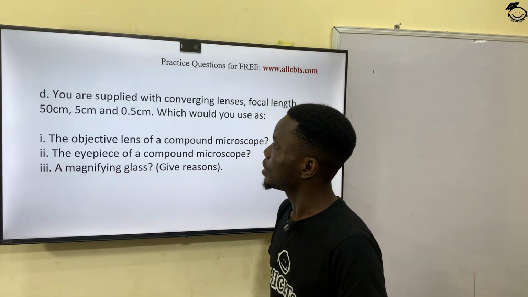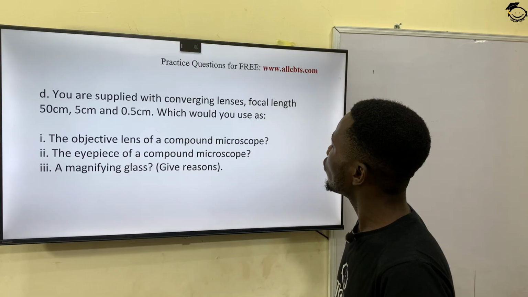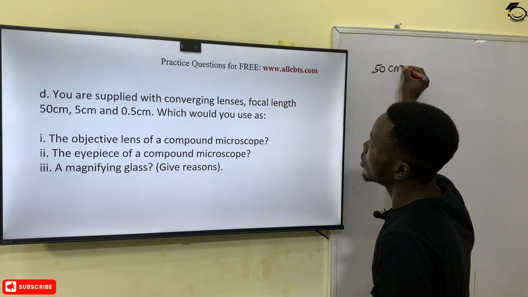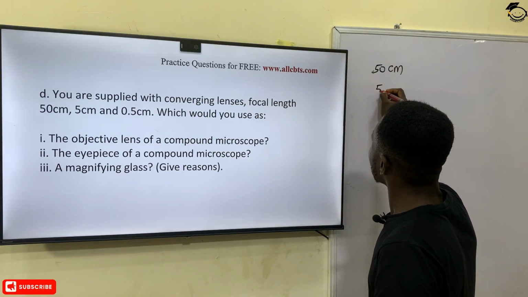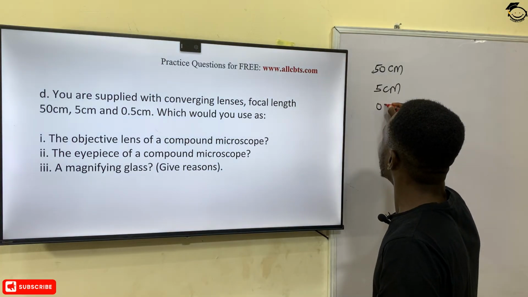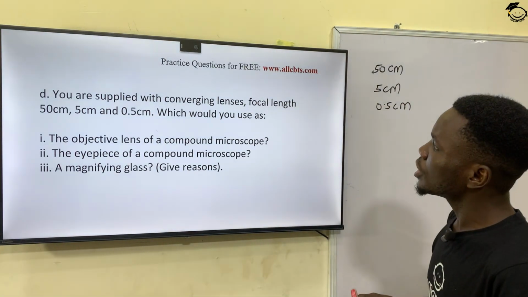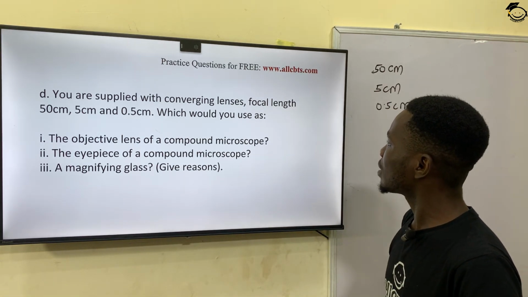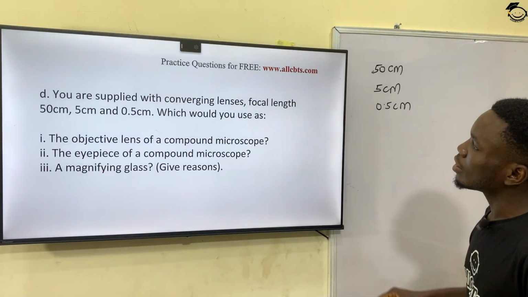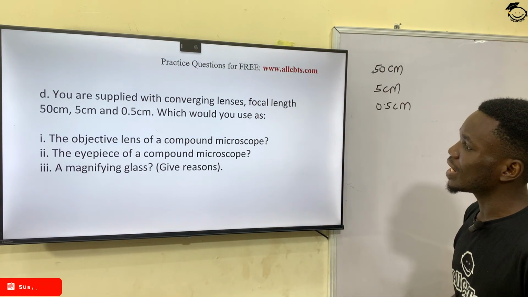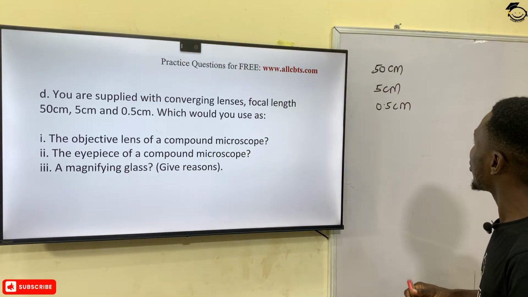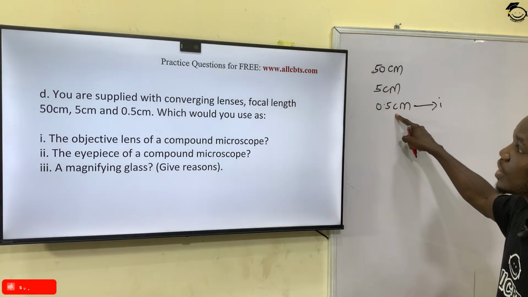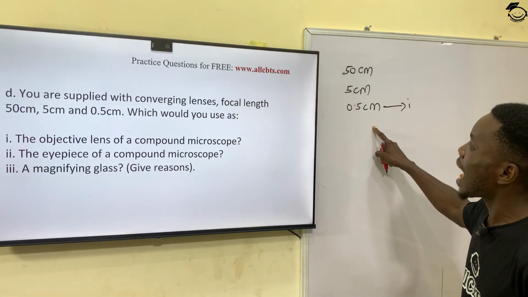Question number 3D. It says, you are supplied with converging lenses, focal length 50 centimeters. So we have a focal length of 50 centimeters, another focal length of 5 centimeters, and another focal length of 0.5 centimeters. Which would you use as Roman figure 1, the objective lens of a compound microscope? Looking at all of these focal lengths, we are going to use the one of 0.5 centimeter focal length converging lens as our